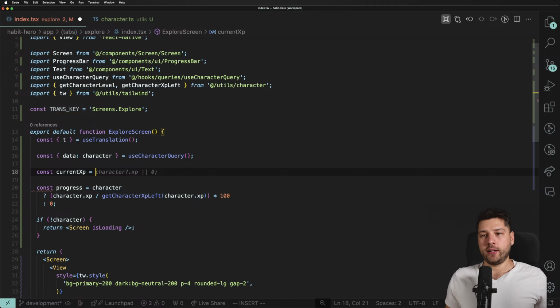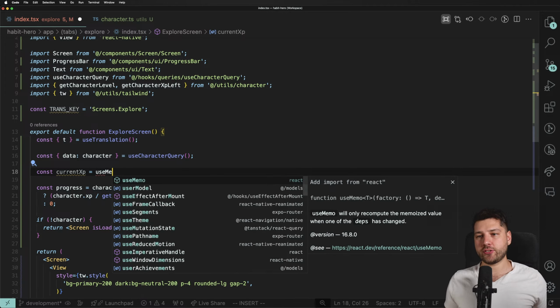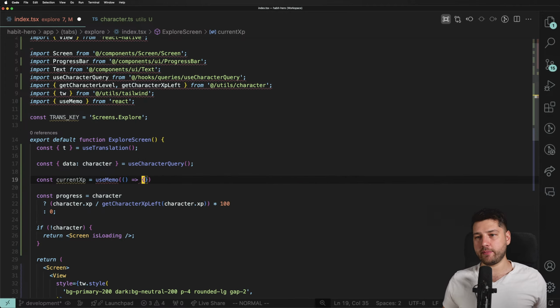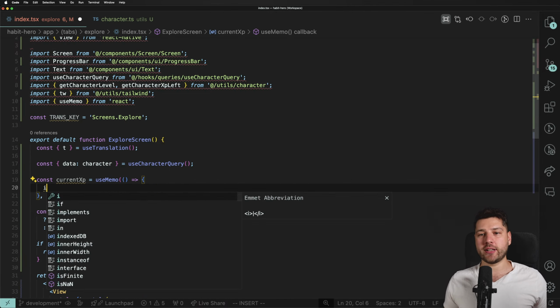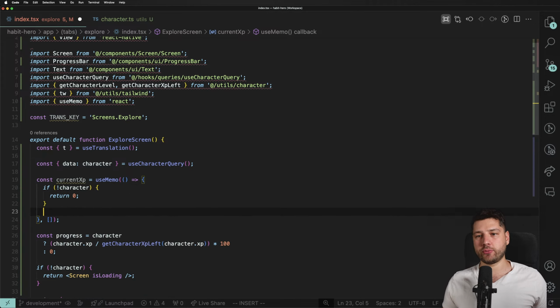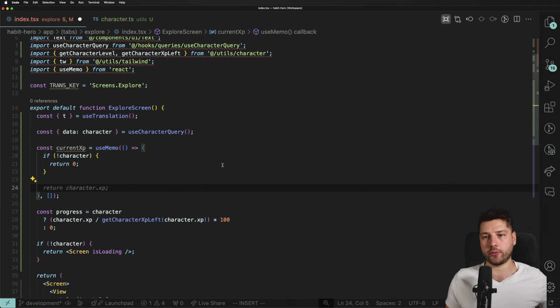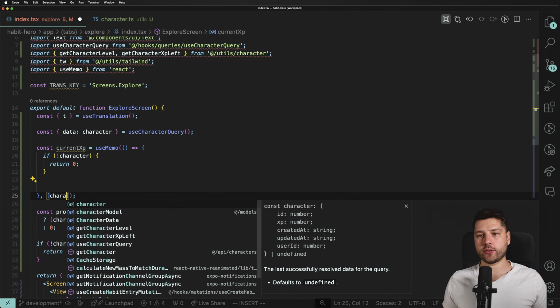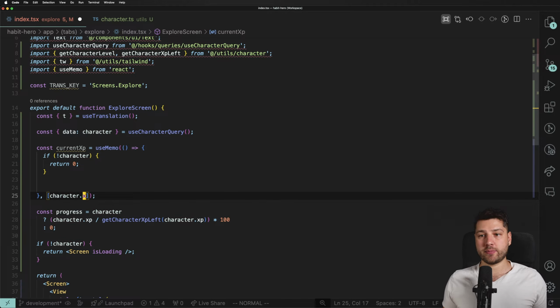So character. Okay, let's do something. I just like to use useMemo for this just because it makes it a little bit cleaner, even though I'm not necessarily needing to memorize anything, because I can do this. If no character, return 0, right? It's easier to read. Now we can work here and we have a character. Every time character changes, we should recalculate this. So should be return